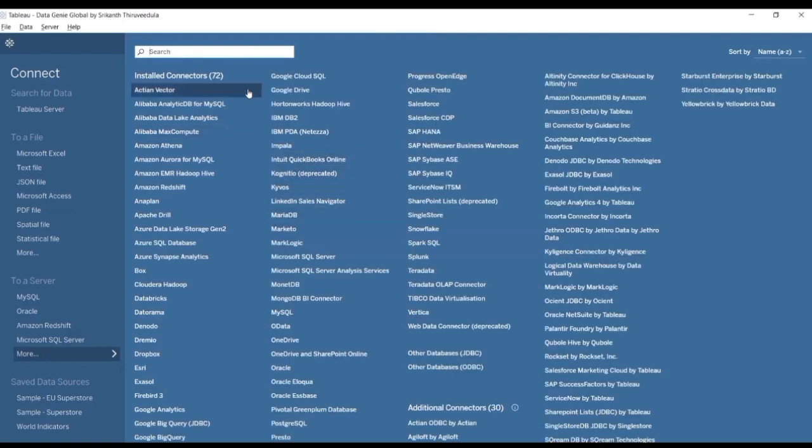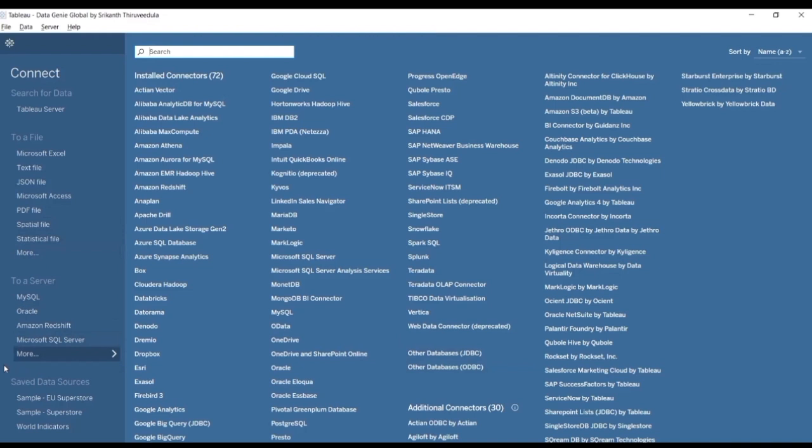Like this, we can connect many types of databases like Google Drive. We can connect with Google Sheets also, and we have ODBC and JDBC drivers, wherein if any of the databases is not mentioned here, you can use either JDBC or ODBC to install the connectors and then connect to the relevant data sources. And just below that, we have saved data sources, which we already discussed, that Tableau is